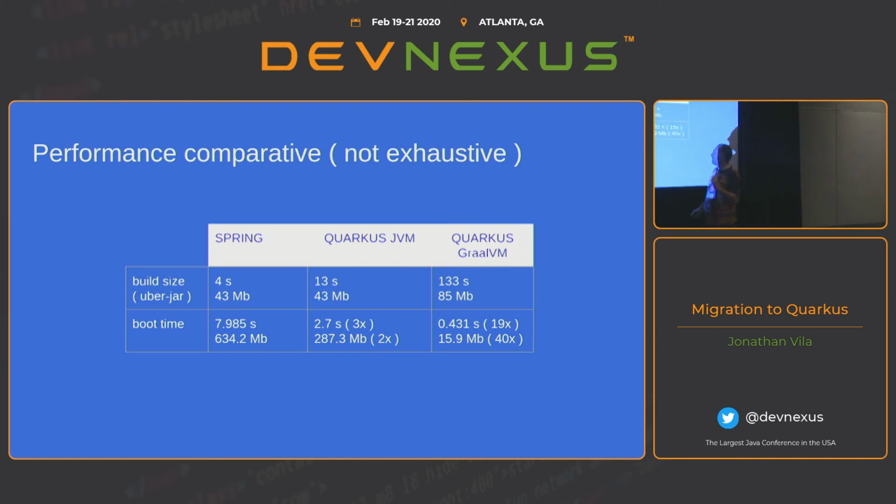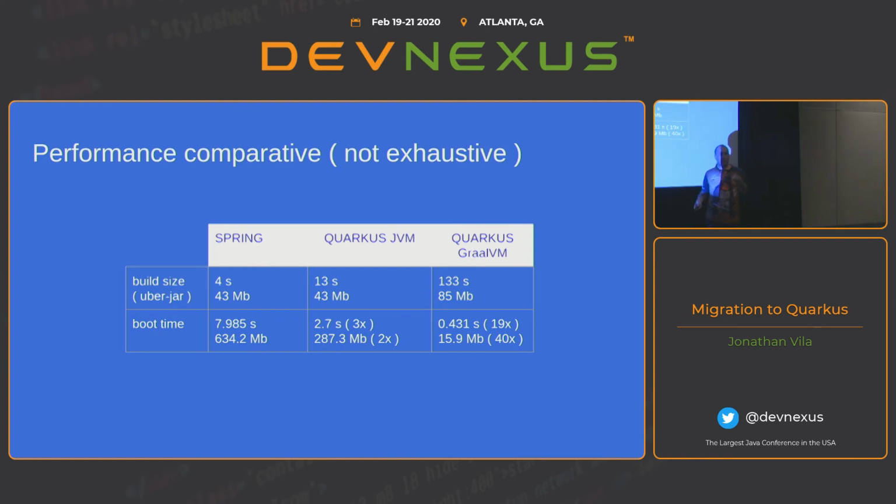But the important thing here, and this is where I get excited a lot, is that when you go to Graal, we are moving from almost 8 seconds to less than half a second to start. Keep in mind that we are connecting to the database and creating all the tables. Half a second. And we are moving from 600 megabytes to only 16.